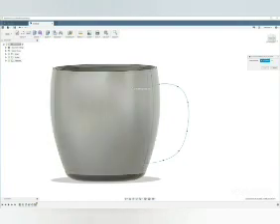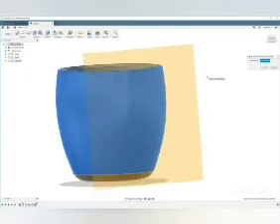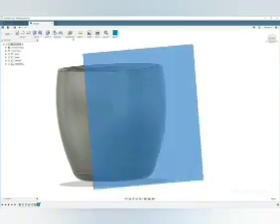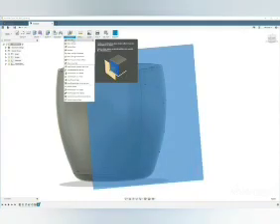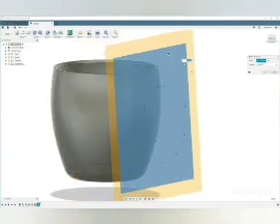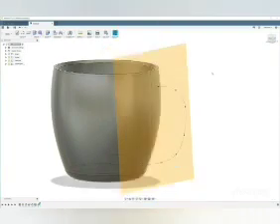Click the one point. Okay, now we have the tangent line. Then okay, once again I choose the sketch and make some dimensions in the tangent line.